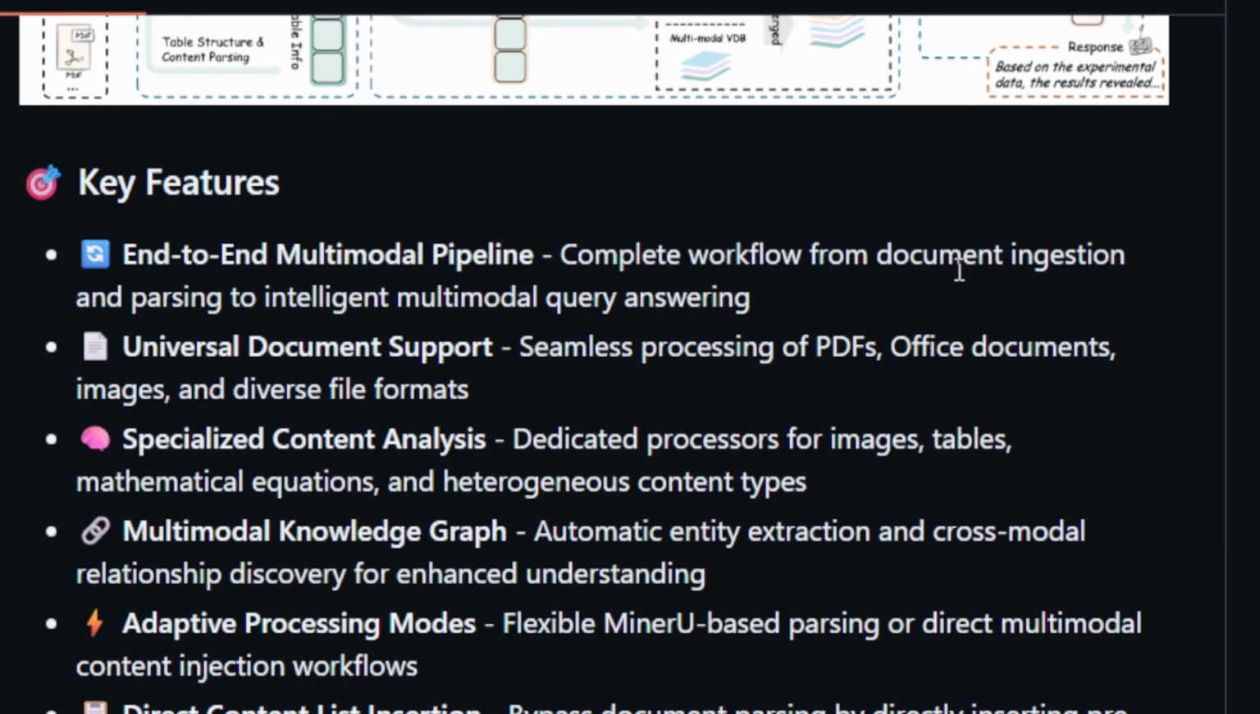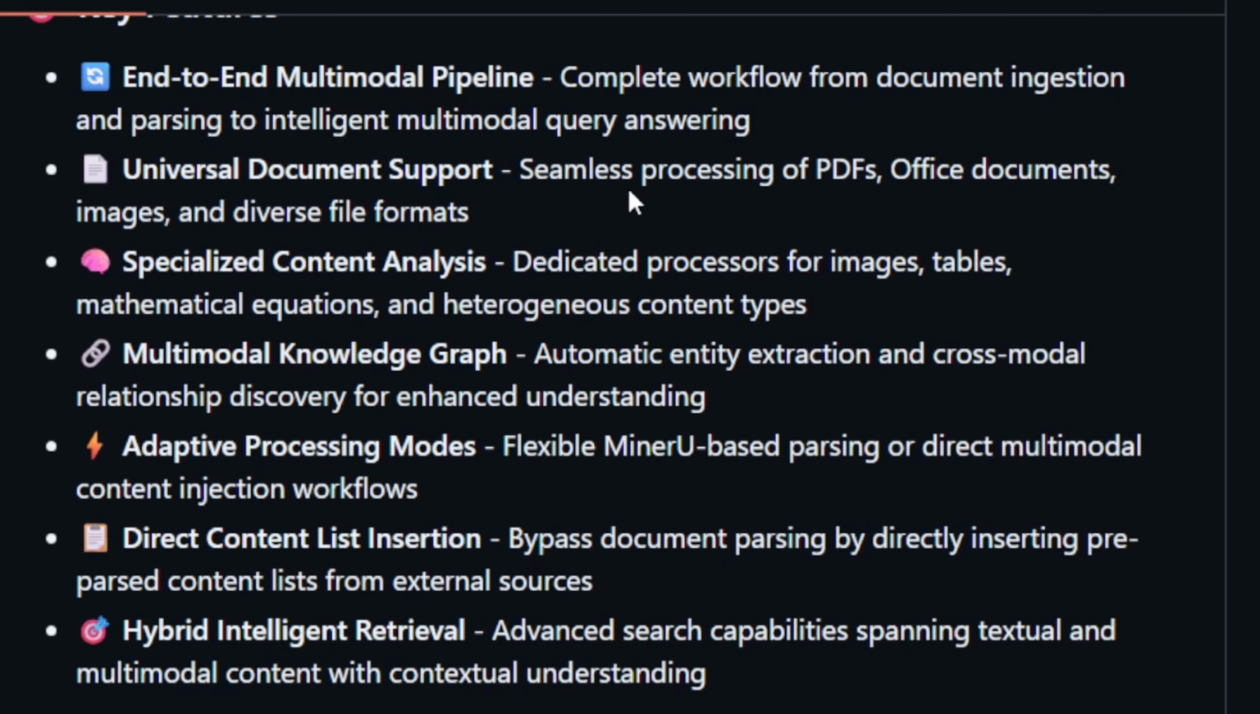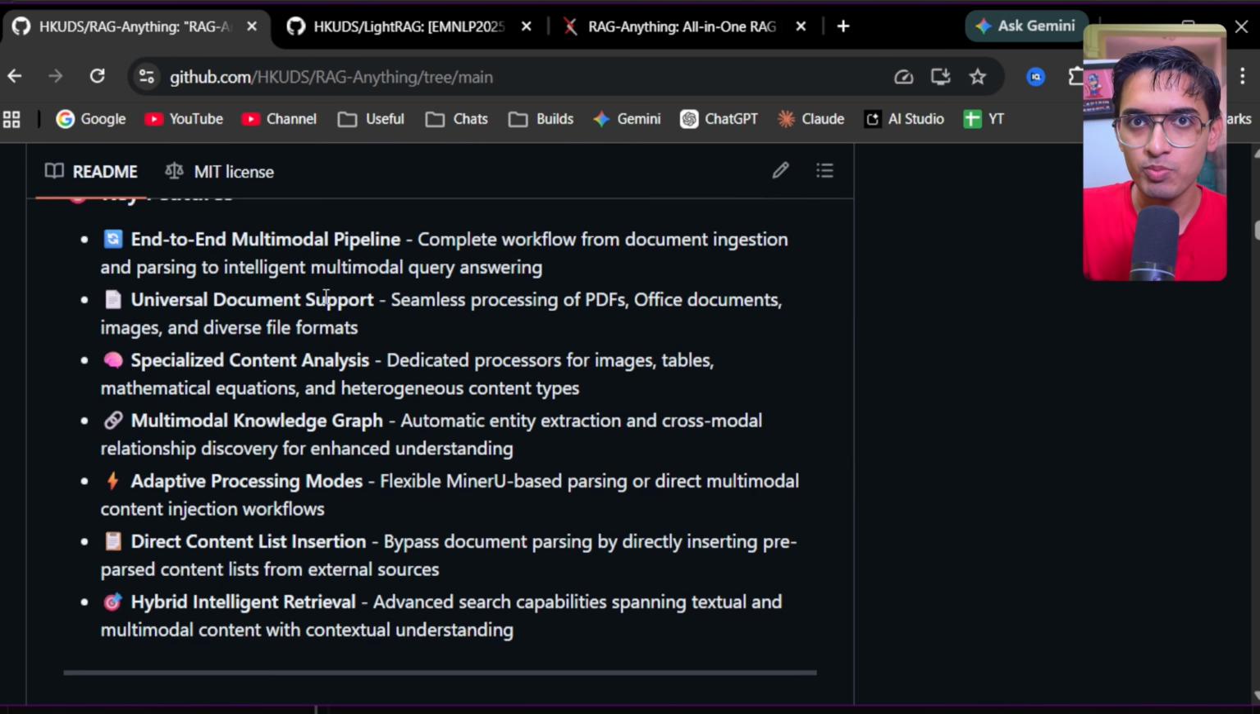The key feature of this tool is first that it is an end-to-end framework. It handles everything from document ingestion to the final user query answer in a single framework. Then it supports every kind of document that you need, let's say PDFs, Office documents, or images. Then it also has specialized content analysis, so it has dedicated tools for images, tables, mathematical equations, and all kinds